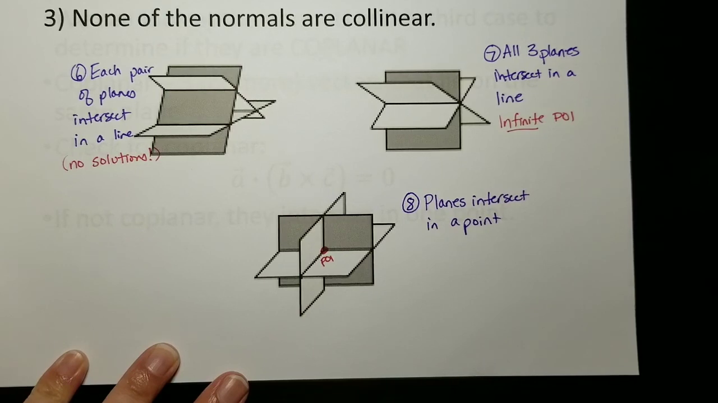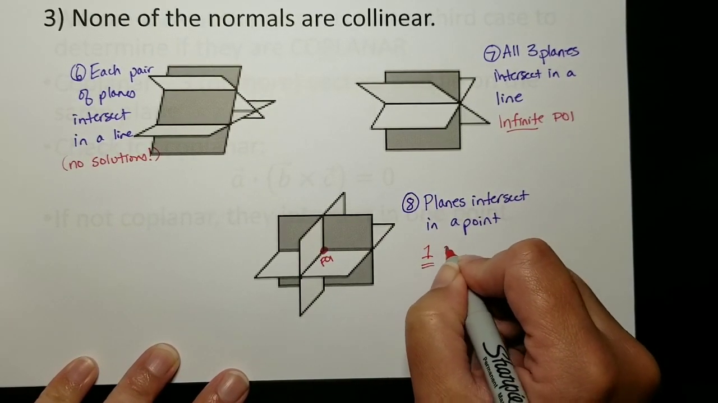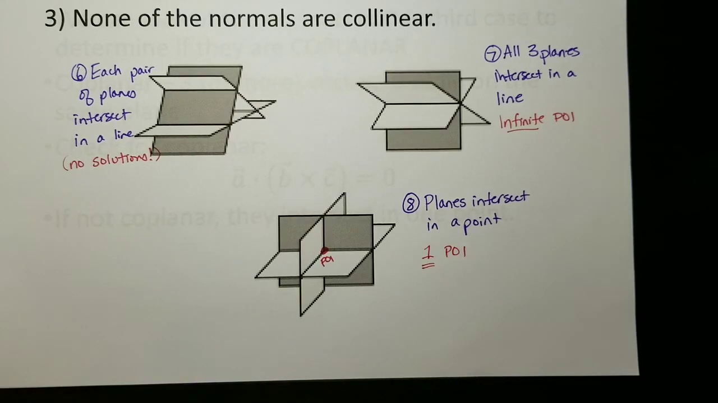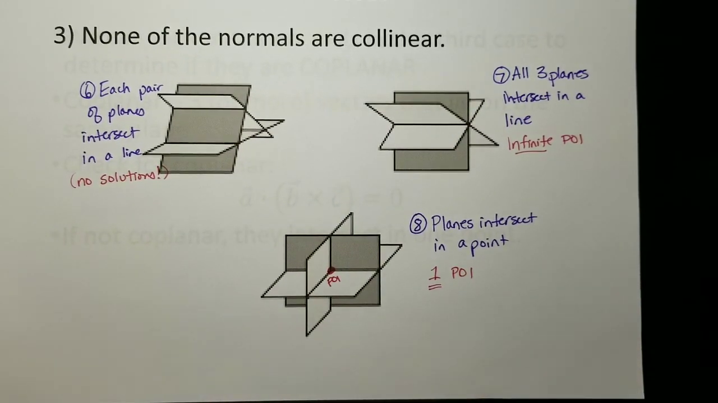So here the planes intersect in a point and there's one POI. That's what most people think of as the main case that can happen, but there's actually a lot of other situations. When we're actually going to solve these, the first 5 cases, you're not going to solve the same way. I always want you guys to check,